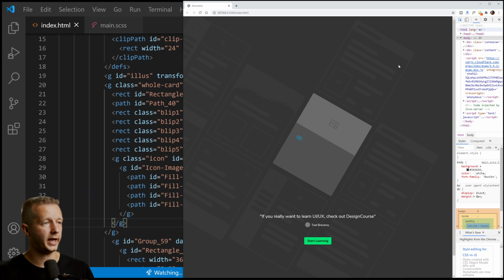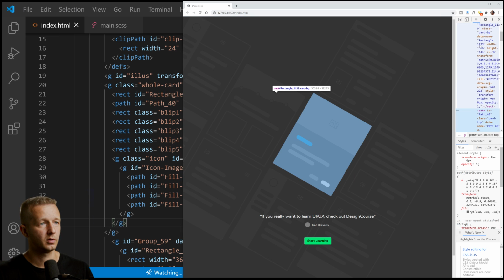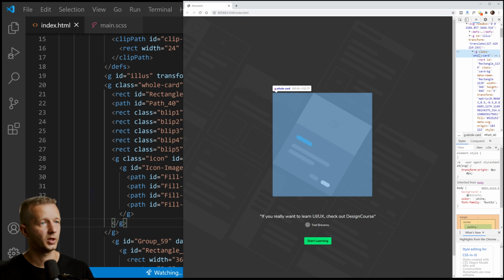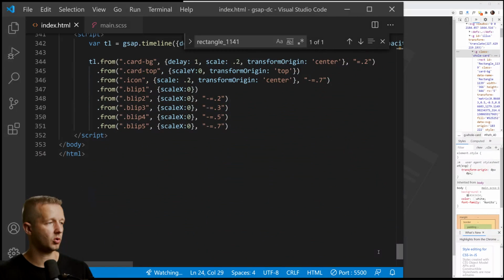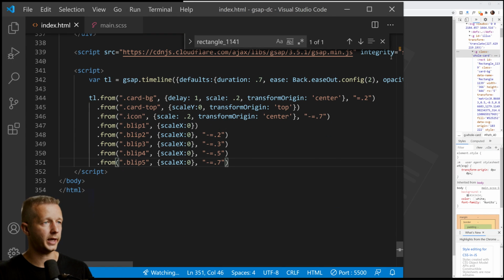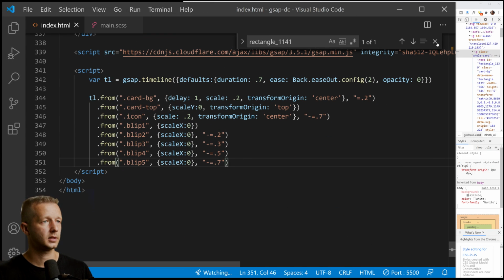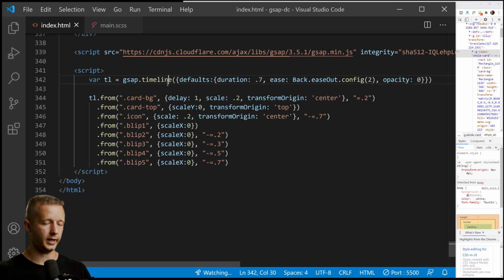What we can do is test that out. Let's look over here. Where's whole card? Yep. So now our new group here in SVG is called whole card. So now we can take the whole thing and start floating it up and down. So to do that, we're going to go ahead and